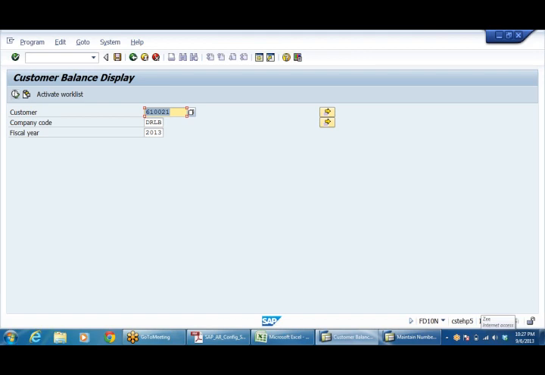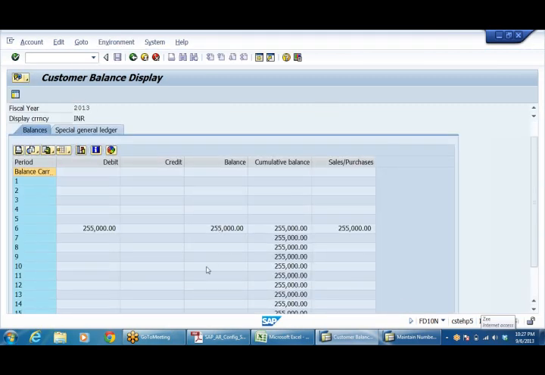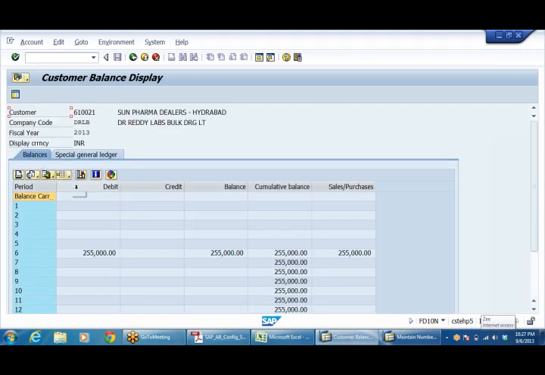Sun Pharma. Just give the customer number, company code, and execute. See, balance, debit, customer account, credit is nothing, no balance.